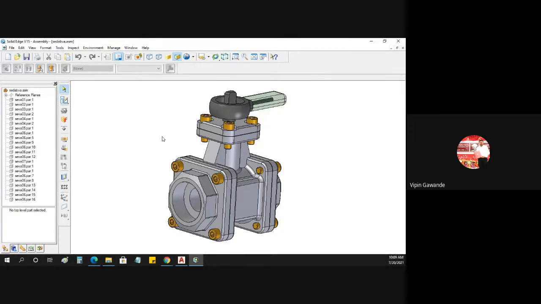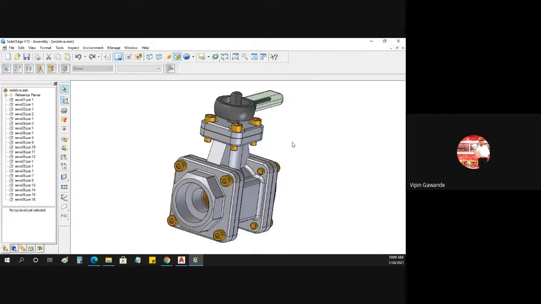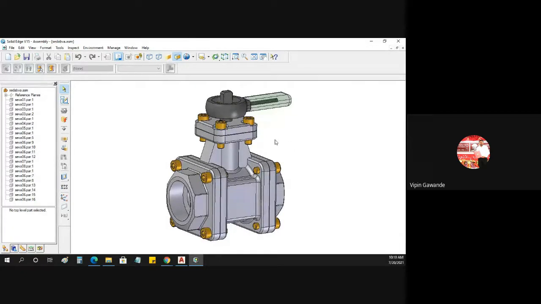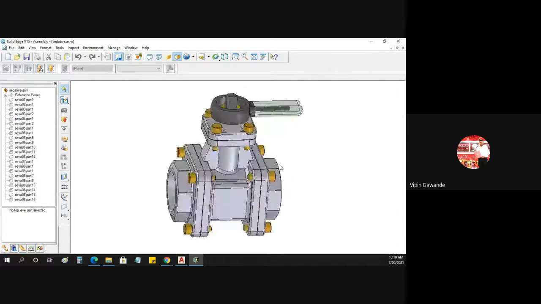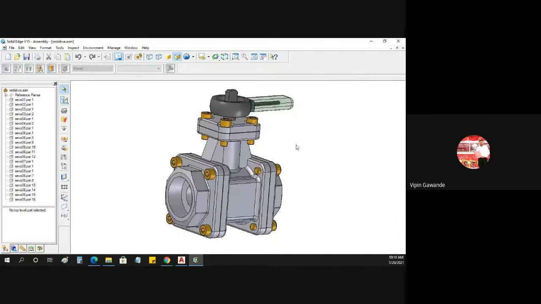When you are in the higher classes, in second year, third year, and final year, in your respective departments you will require or can learn this type of software, whenever there is an application. This Solid Edge software is used to prepare three-dimensional drawings, as I have already told you.